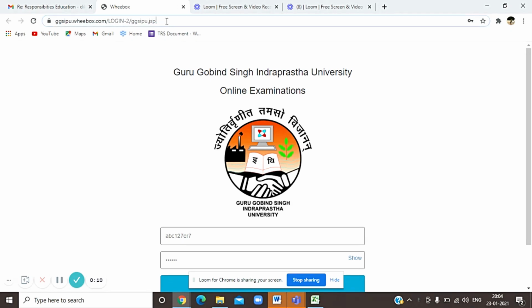The URL that you can see on the screen is mentioned on the university website. On the website with the URL, there will be steps for filling the registration form. Click on the URL and refer to the steps to fill in the application form. Once you have clicked on the URL, you need to refer to all the steps and every manual that has been uploaded on the website.